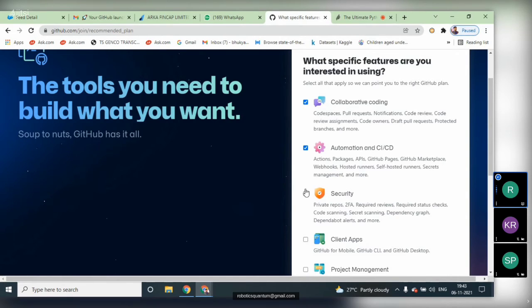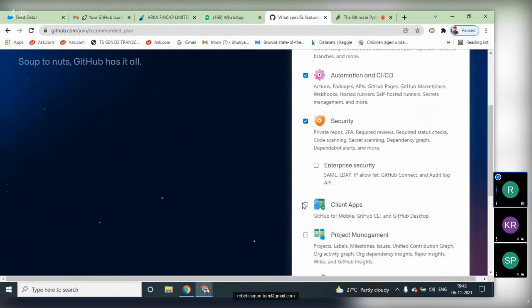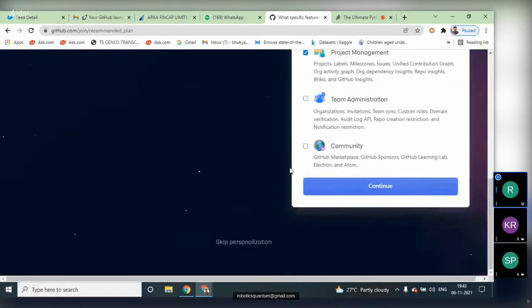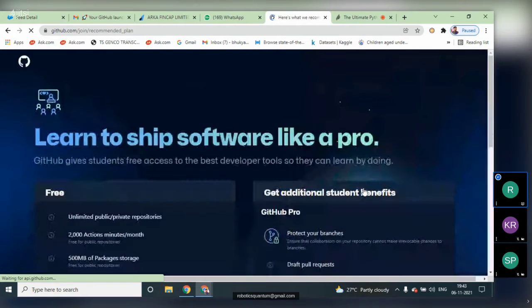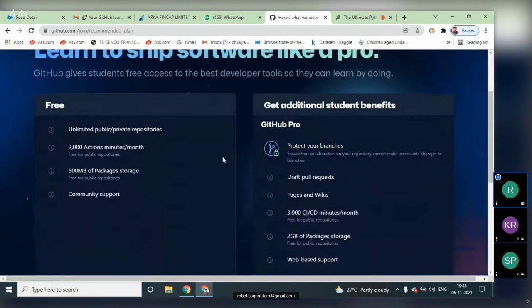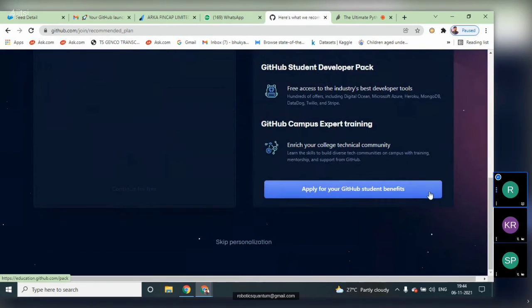Automated CI, security, client apps, project management, team administration, or community. You have different options to select from. Then skip personalization.